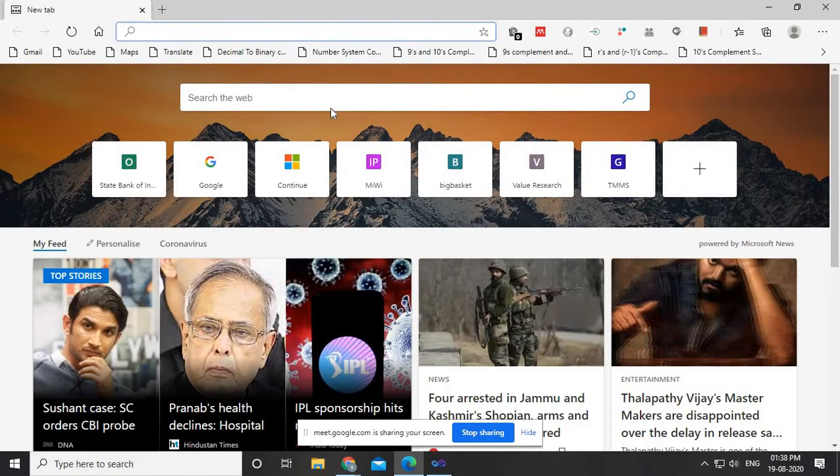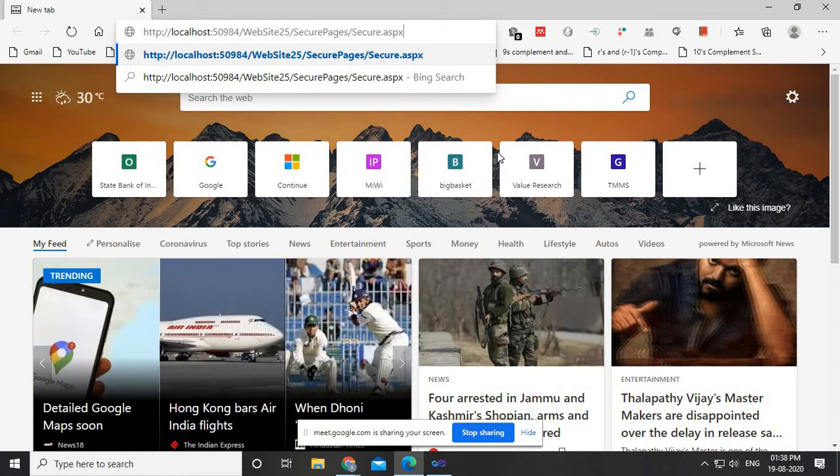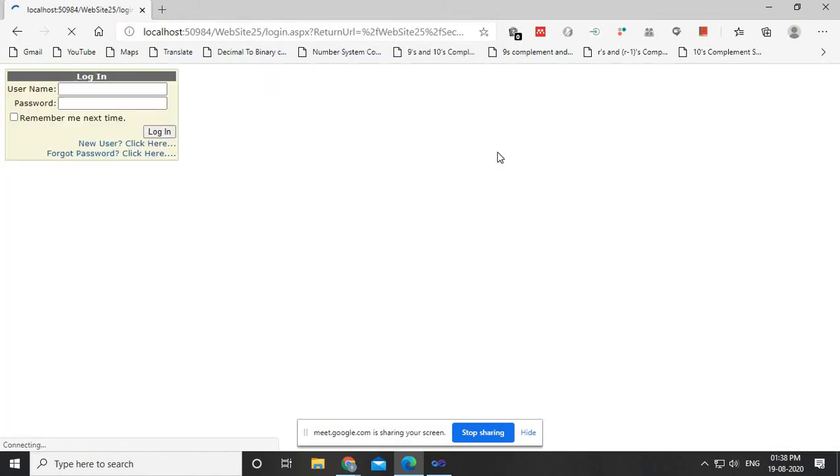Now we open the browser and paste that URL. Now it will open, sir, because we know the URL? See, even though you have the URL, you still cannot open that page unless you give your username and password.